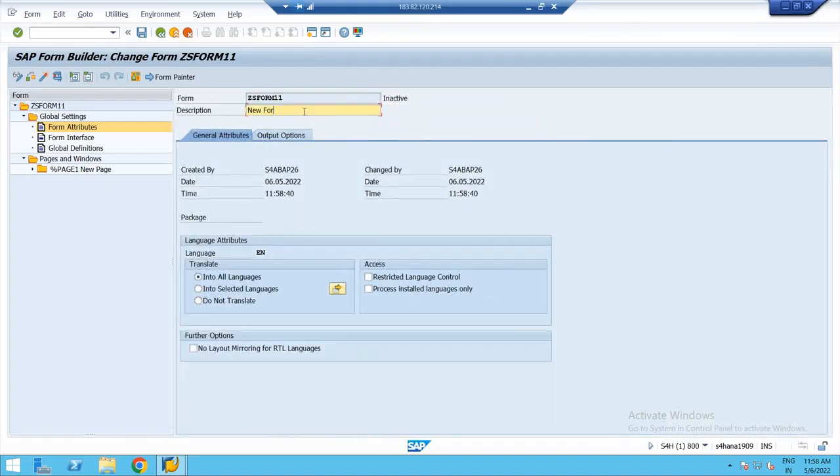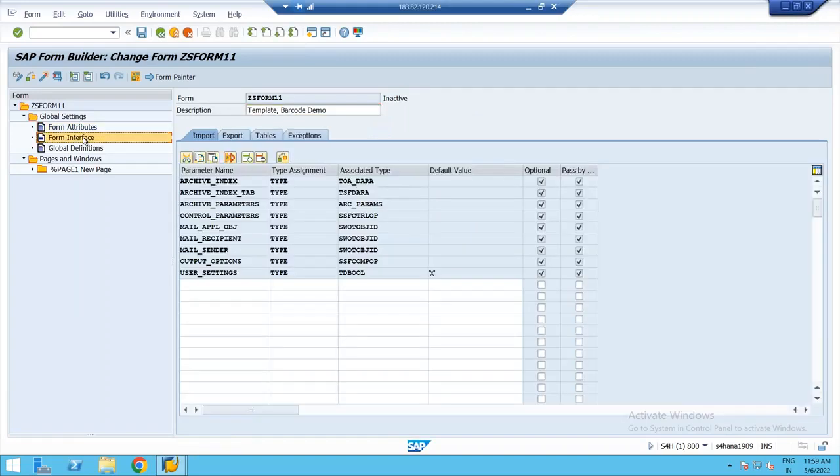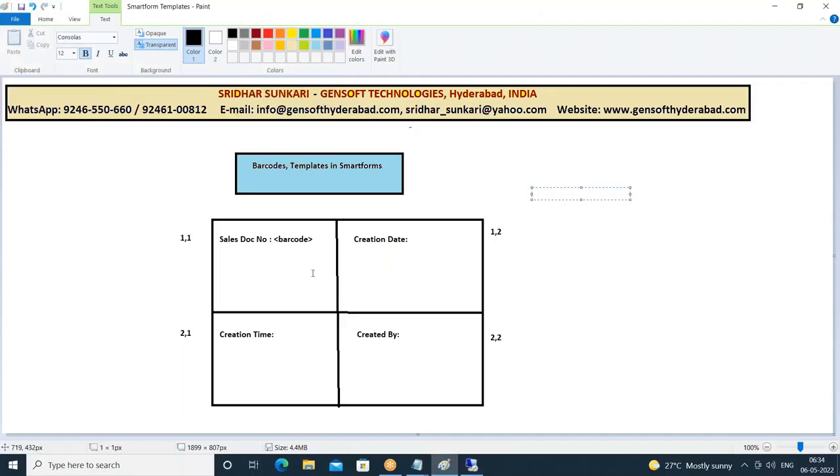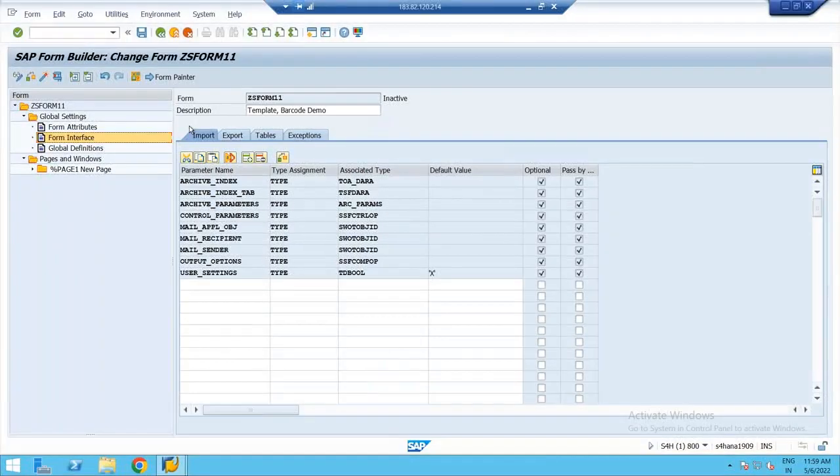Okay, I'll just give some description in the form attributes. So how do you pass parameters to the smart form? In the form interface. Already we know this. Through the form interface I'll pass the parameter. I want to pass the sales document number as a parameter so that based on it I'll retrieve the header data. In the import section, I'll take the parameter I underscore VBELN type